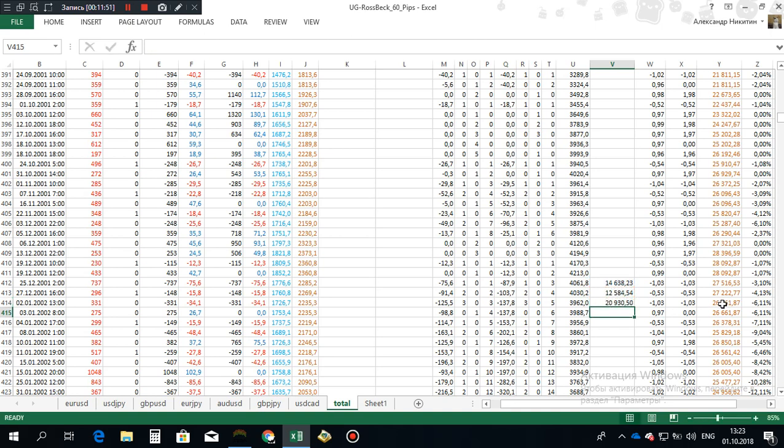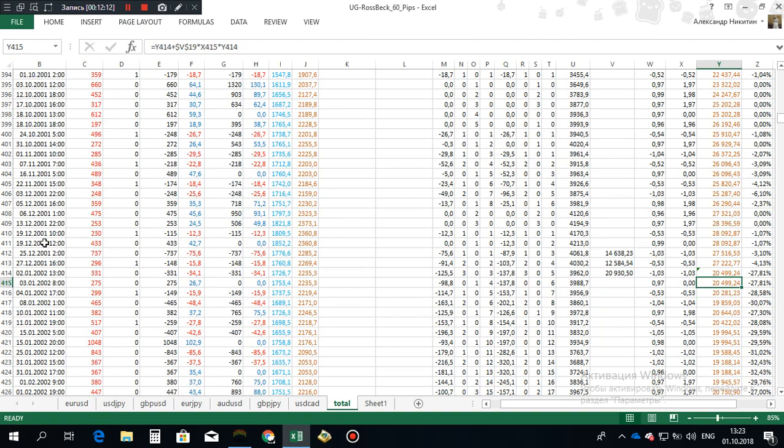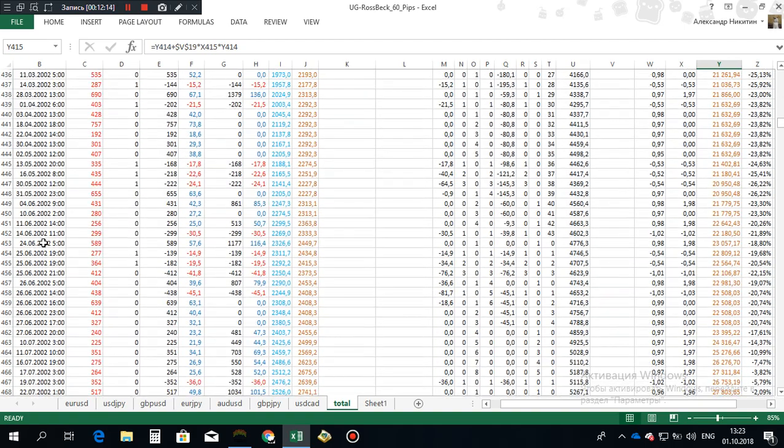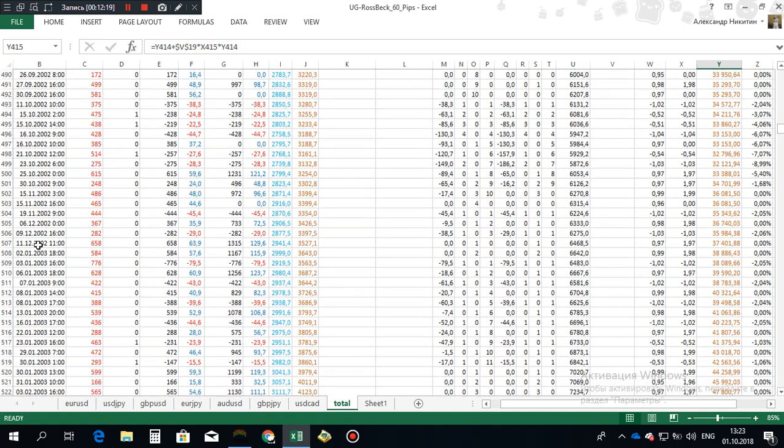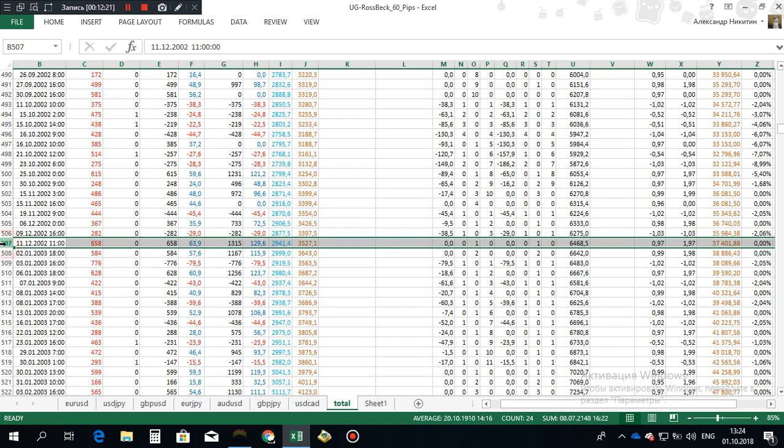Okay, done. And here we should calculate the percentage of this account, not of previous, but of this, because this one is the account that was withdrawn and reinvested. Okay, here and here. Done. Now we go to our next year. This is 2002, we need 2003. Okay, this is the last trade for 2003.